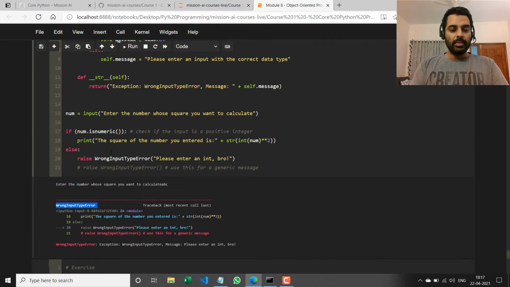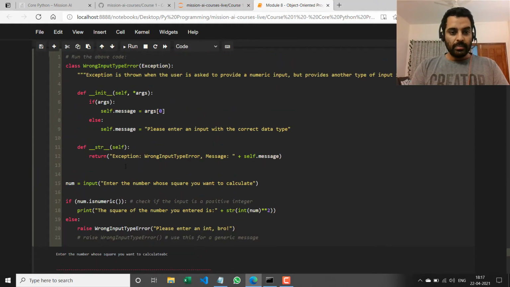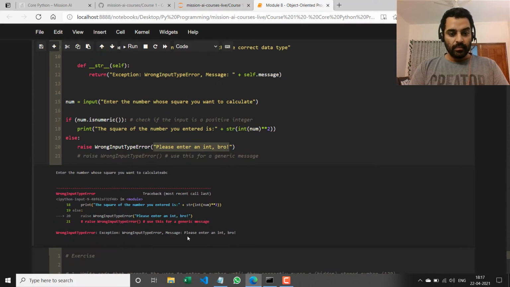A wrong input type error which extends exception, right? And it prints this custom message which I passed over here. And the message that I had passed to this instance was here. Please enter an int bro, right? That's the message that's shown.